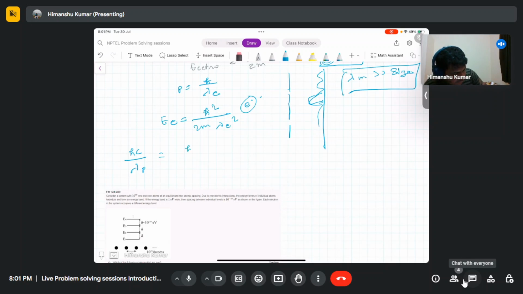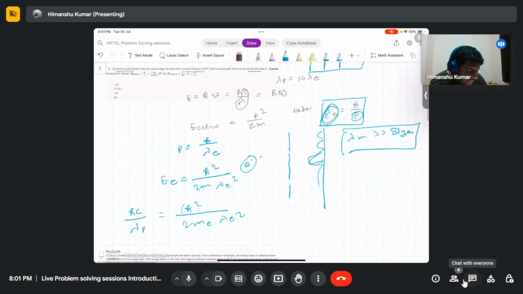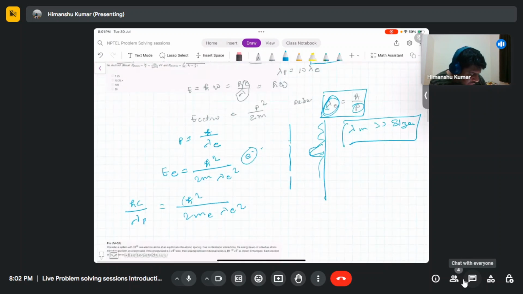So this is h bar square divided by 2 m_e, m being the mass of electron, times lambda_e square. Here h bar you can replace with h over 2 pi, so this is the reduced Planck constant. Then you can calculate basically 10, and your lambda_p is given as the